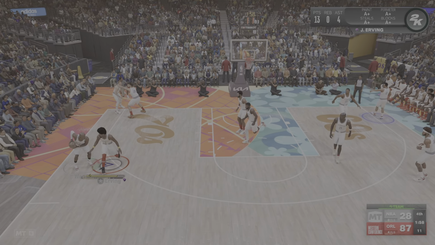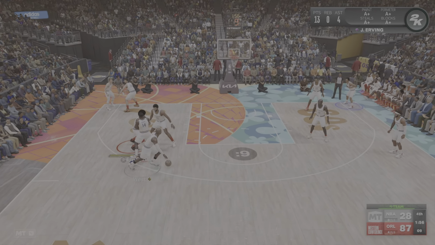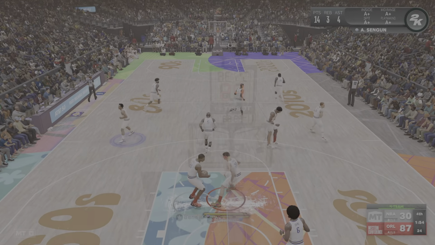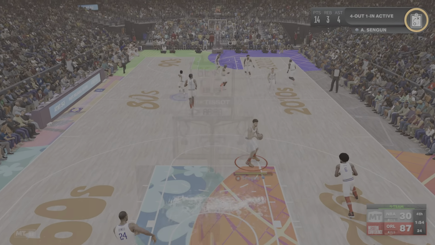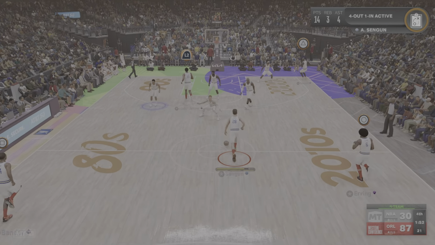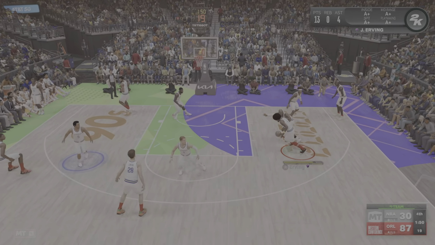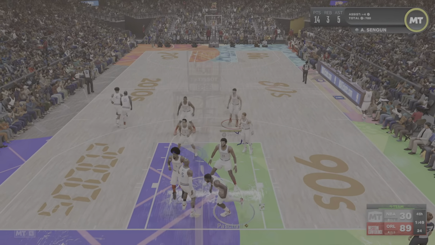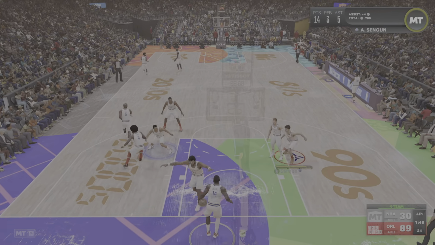DiVincenzo passes to West. Paschal with a screen for West. He takes it in, and the stuff by West. Making the most of the screen, that's how it's done. And it's in the perfect spot, Greg. Frees him up to get all the way to the bucket. Really not enough help there. Lack of communication on the backside.